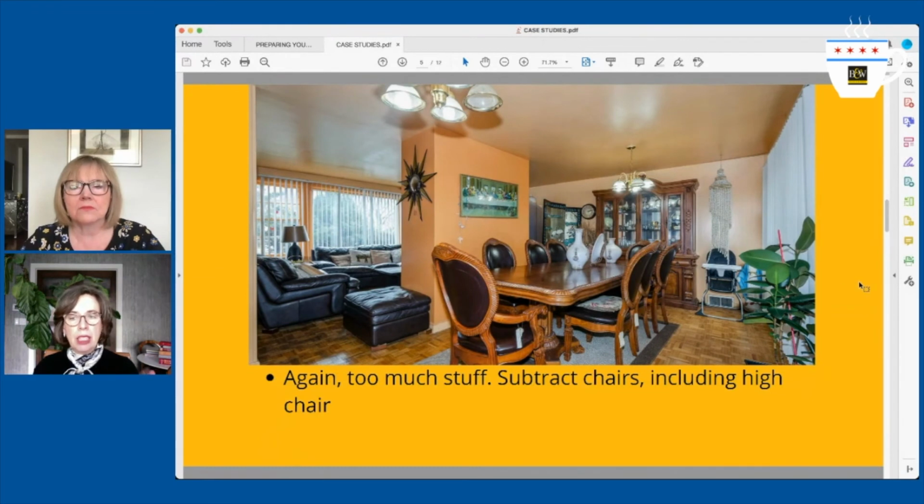Okay, they've got it, and it's probably the same length. Do you need all 8 chairs there? No. Do you need the high chair in the photograph? No. The dangling, I don't know what that is. It may be to amuse the child while the child eats. It's some sort of